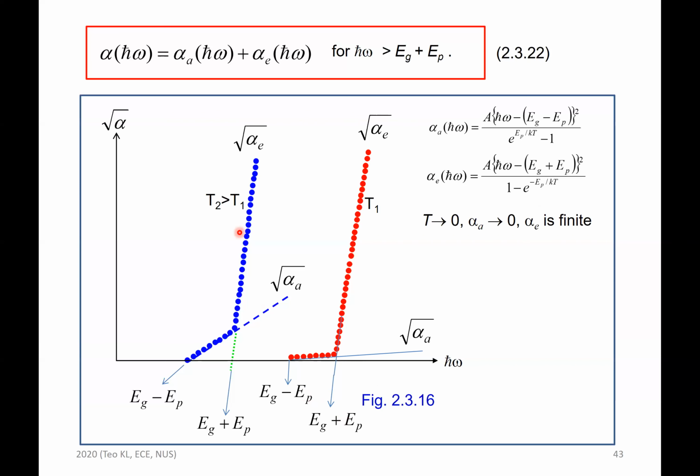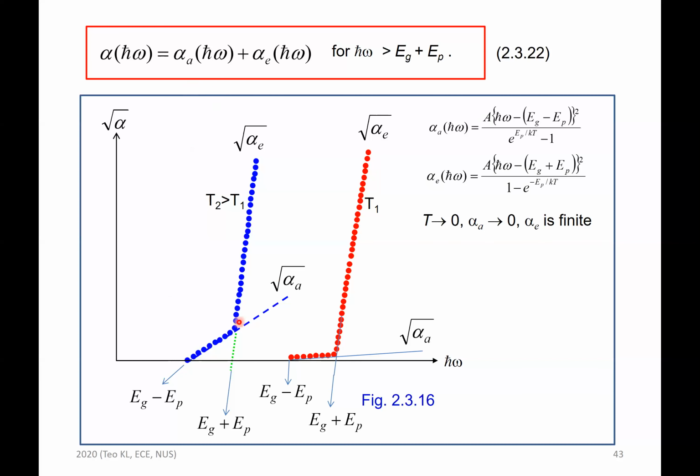Now, let us look at high temperature. At high temperature, T is finite. Then the probability of the electron absorbing phonon energy is now possible, because your lattice is probably vibrating vigorously, so you can absorb the phonon energy from the lattice. And at the same time, the electron also can emit energy to the lattice. So if you plot the curve, in principle, you should see